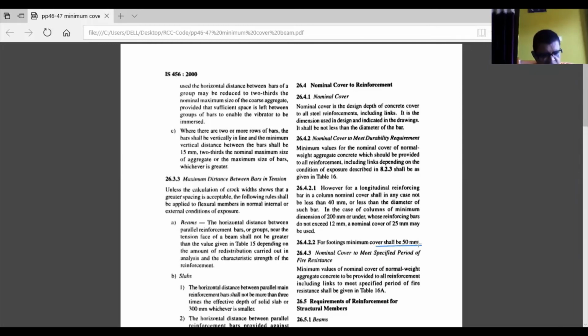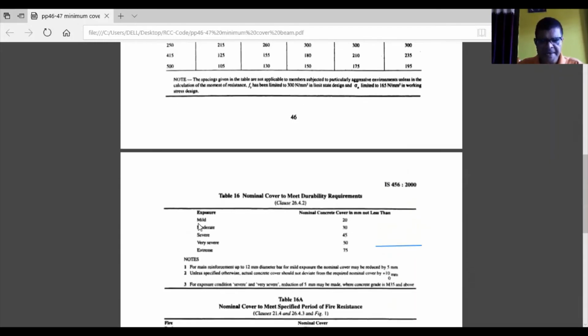So for columns generally 40mm, for foundations 50mm, and for beams and slabs you have to find the minimum depending on the exposure conditions. Generally, the minimum cover for slab is 15, because the initial condition for mild is 20, and 20 minus 5 is 15.